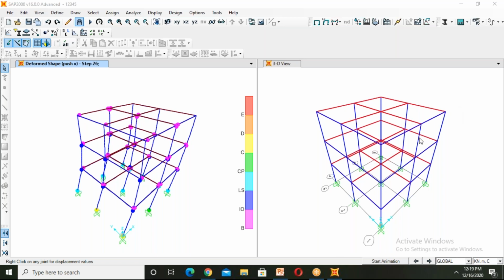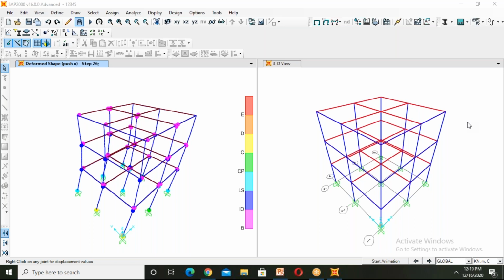Someone asked in what case we perform pushover analysis, and why we need to do this. There are two cases where you can perform pushover analysis. The first case is if we have an existing building in an earthquake-prone area, but the design of the building is only for normal design. It is not designed as an earthquake resistant building. So we have to do some retrofitting strategy for that building. In that case, we can perform pushover analysis.